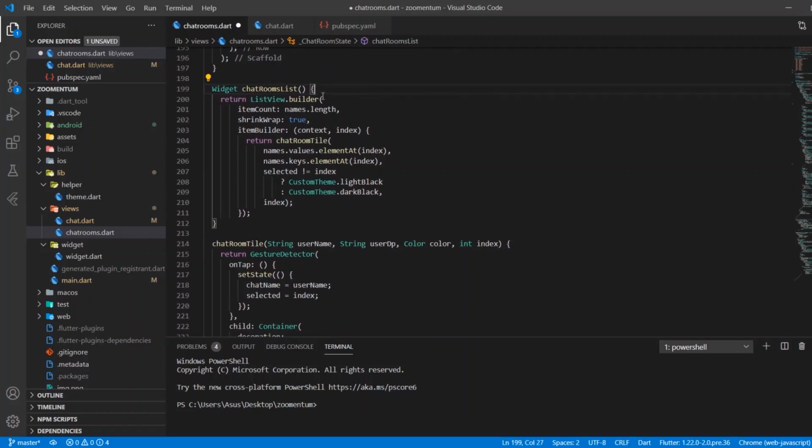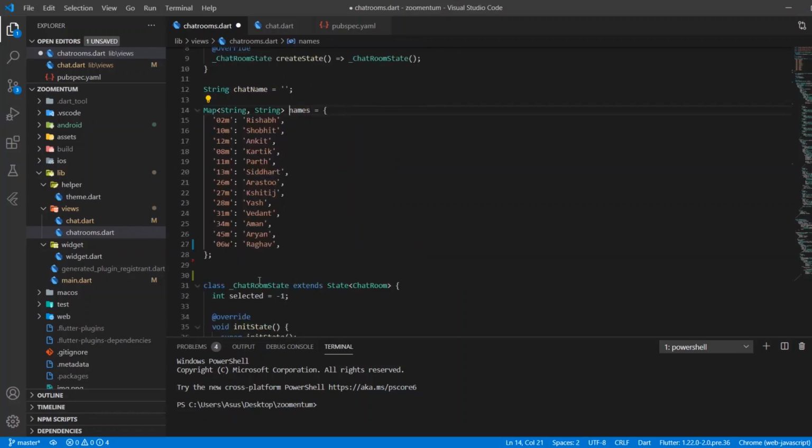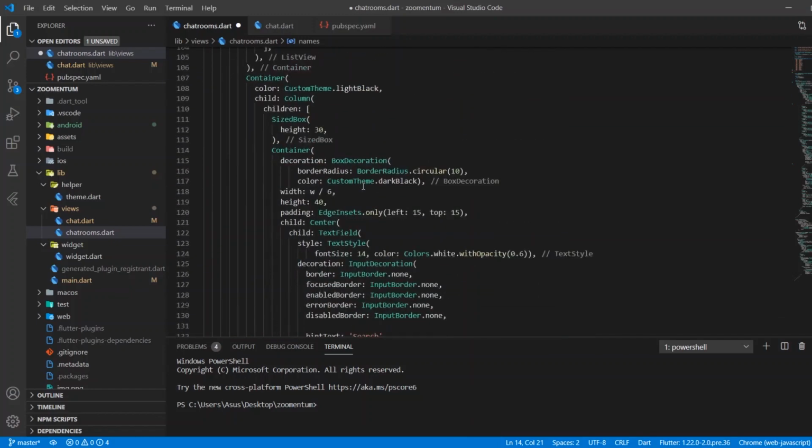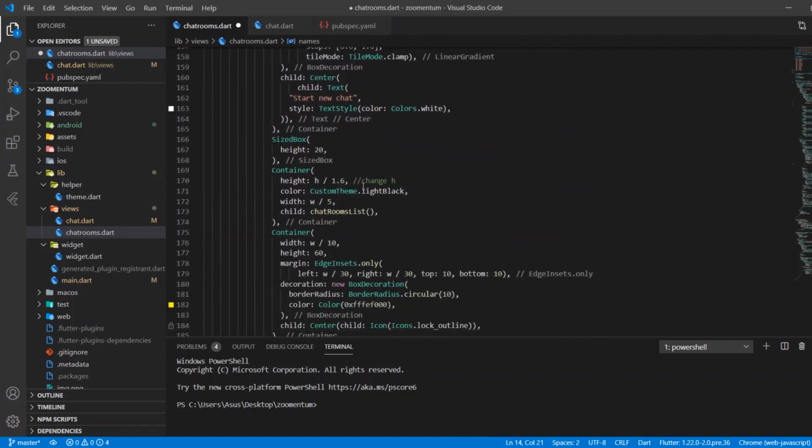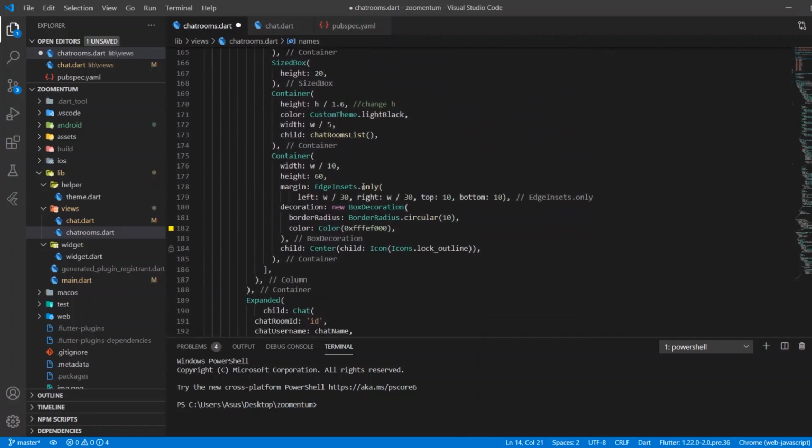So basically it's a simple list view builder with names.length. Names is this map that we created earlier. So names.length would be the length of this map, so the list view would be running till that.